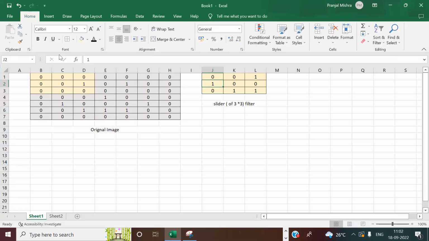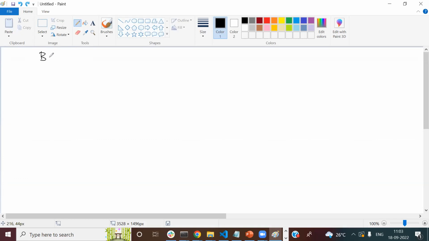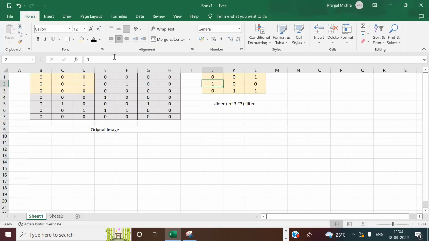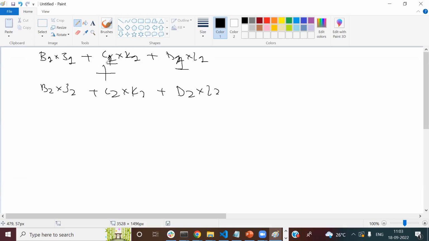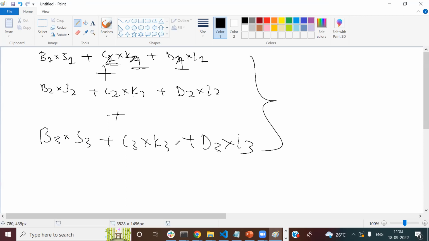So I'll say B1 into J1. इसको ऐसे लिखते हैं, B1 into J1 plus C1 into K1 plus D1 into L1 plus second row में आ जाओ, B2 into J2 plus C2 into K2 plus D2 into L2. ये ऊपर वाले सारे 1 हैं, ठीक है, don't take it as 2, all these are 1s, ठीक है, plus D3 into J3 plus C3 into K3 plus D3 into L3। इन सब का जरा कैलकुलेशन बताओ कितना आता है।